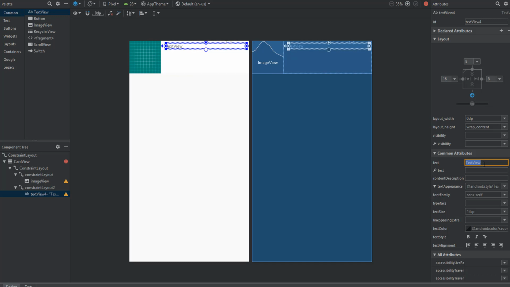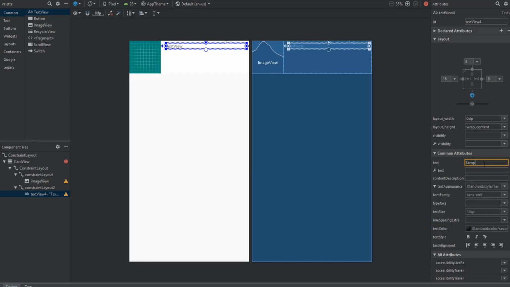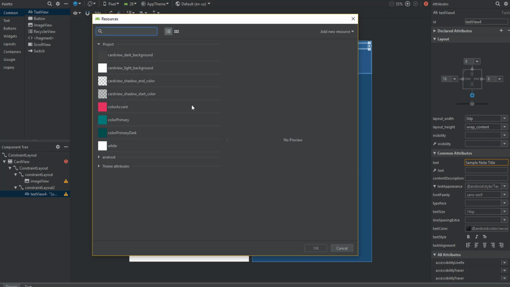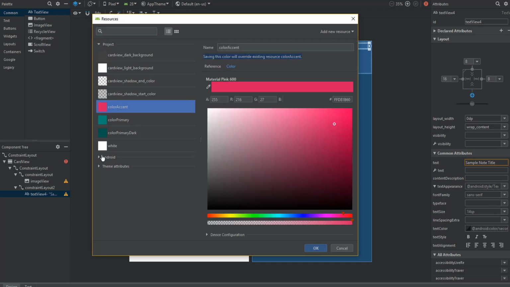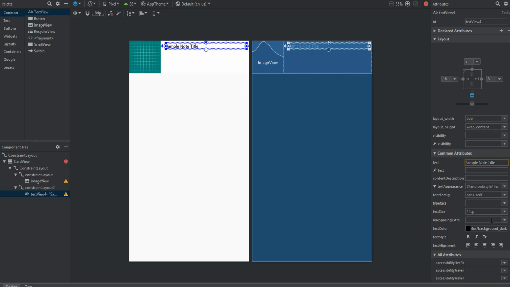Okay, so this is, let me set it as sample note title, and let me change the color to probably black. Okay, and it will be of 18 sp and bold,